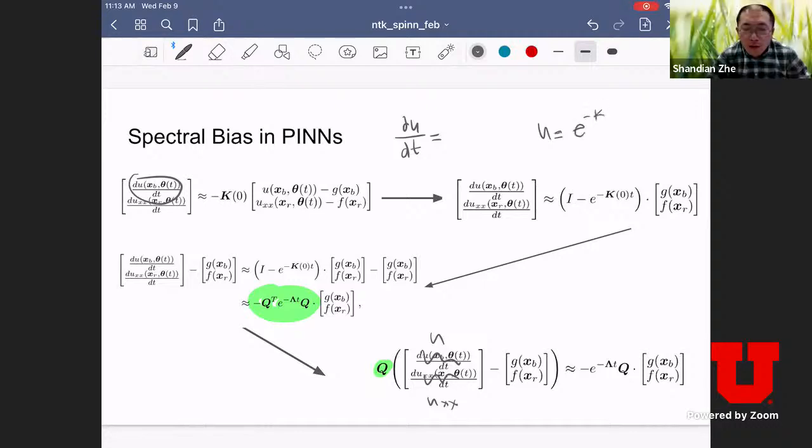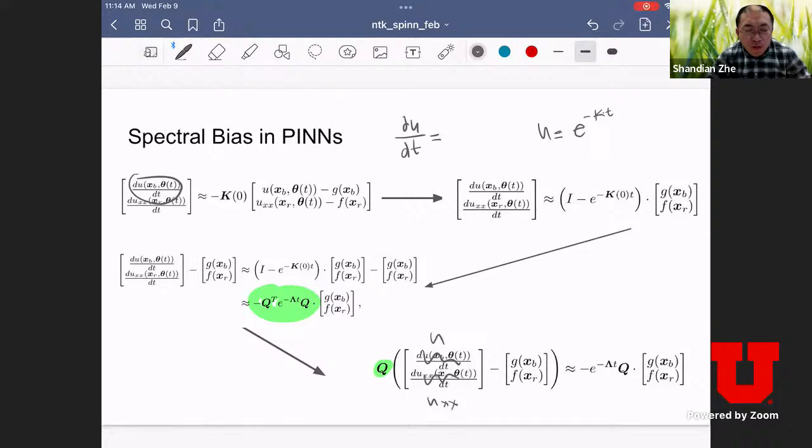Okay. And then they subtract both sides by this G(X_B) and F(X_R). They get this. They get rid of this identity, and then they left this e to the power of K_0 t. It's a matrix exponential, but